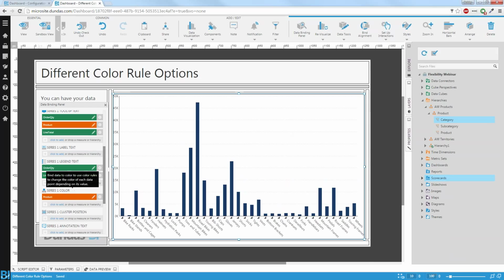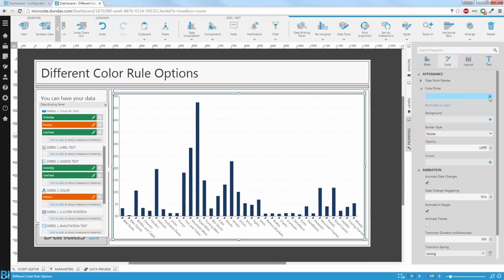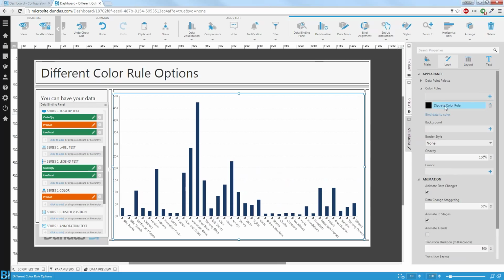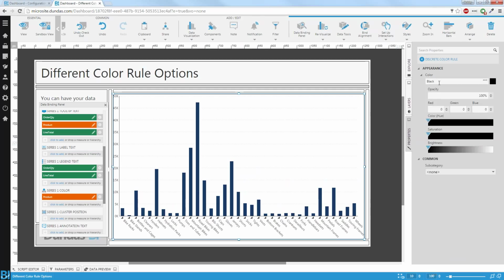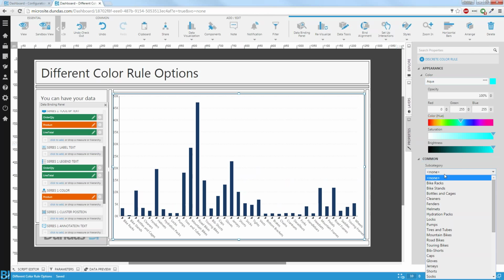Now that doesn't really do much. Obviously it didn't change anything here, but what it did do is it allowed me to add my own discrete color rules. So if I wanted to, specify, let's see, road bikes. So this really tall bar has some particular color. Let's do something ridiculous like aqua. I would select road bikes